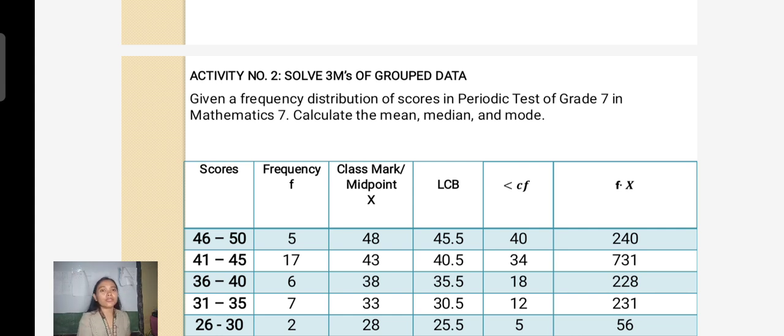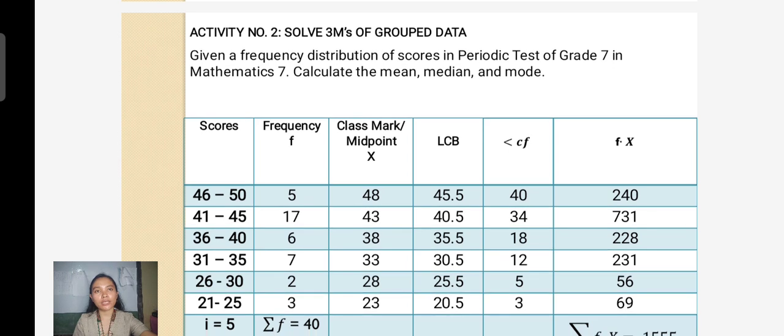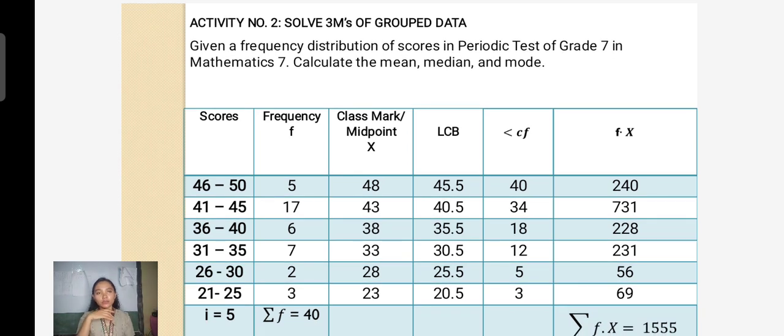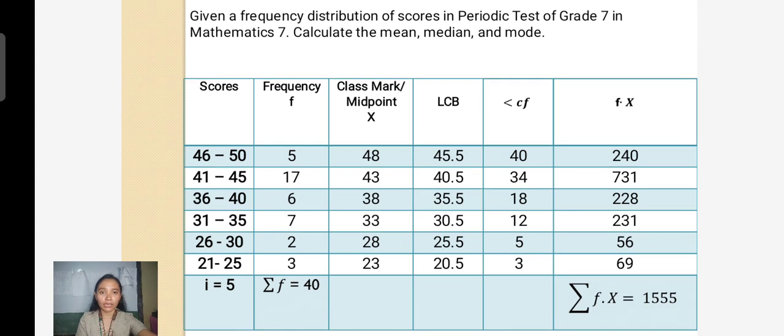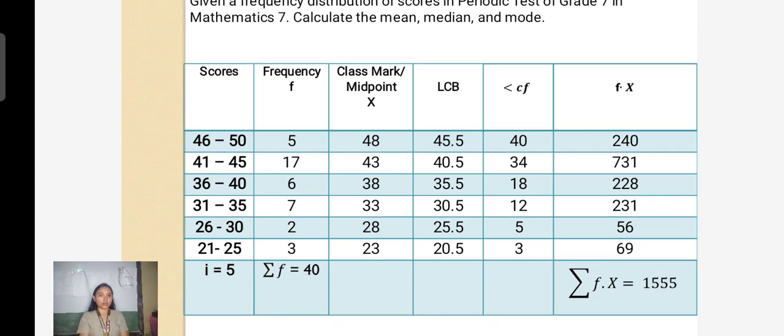Okay, so activity number 2, solve the 3Ms of group data. Given a frequency distribution of scores and periodic test of grade 7 in Mathematics 7, calculate the mean, median, and mode. So, given there is the FDT or the frequency distribution table,